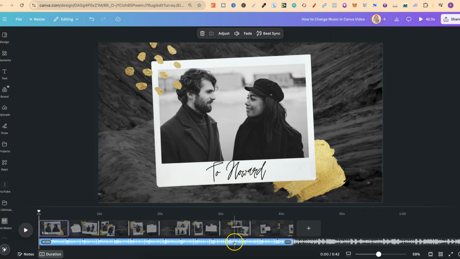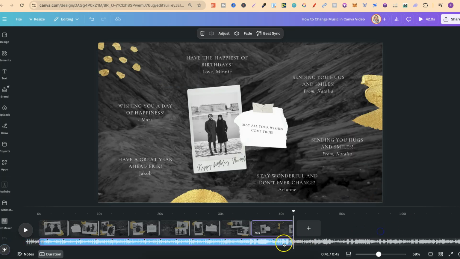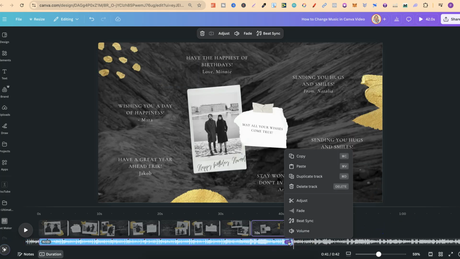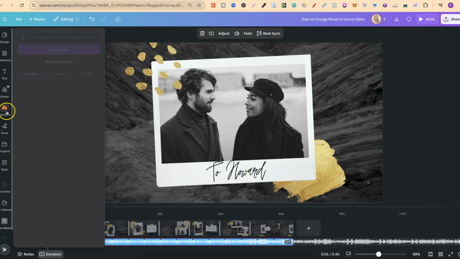Now what we can also do is double click onto the music, then we can drag to where we actually want the music to start and stop. We can also click onto the three dots, and then we can use adjust, fade, and we can play around with the volume. Now if you already have your own music in mind, we can simply come to the upload